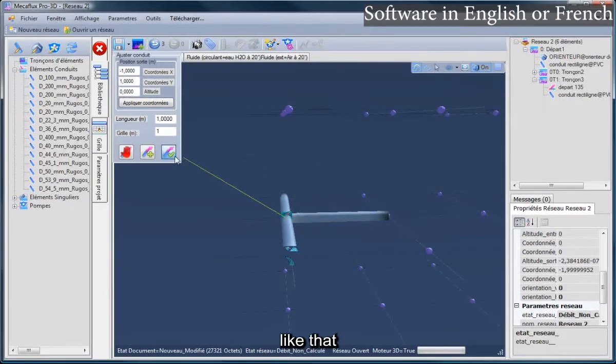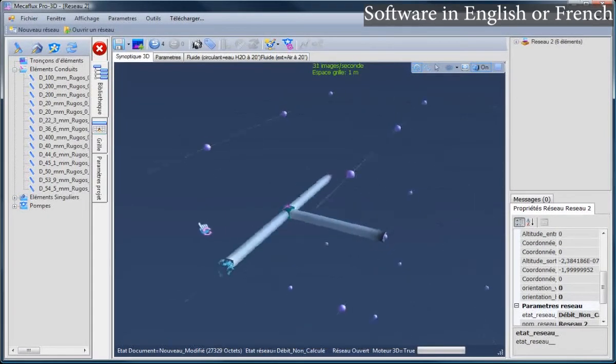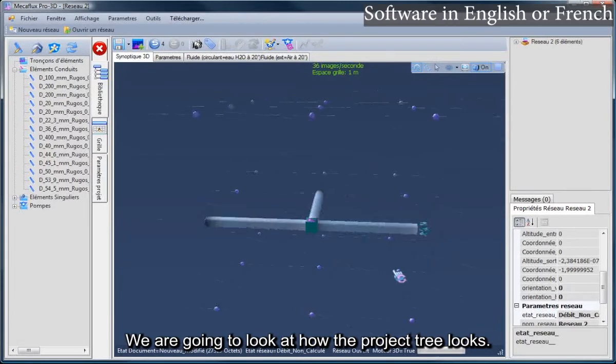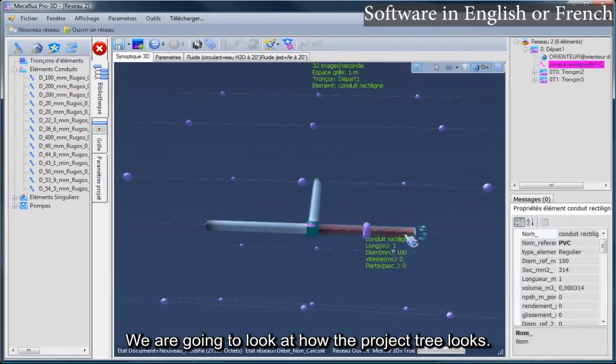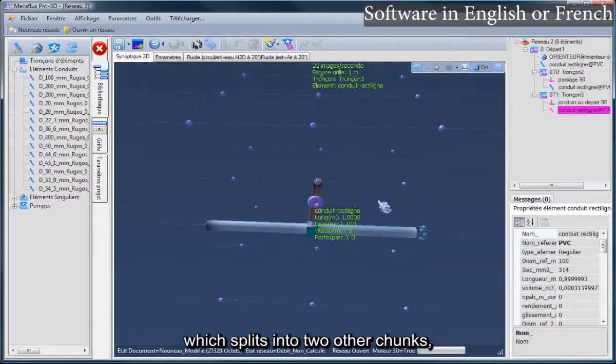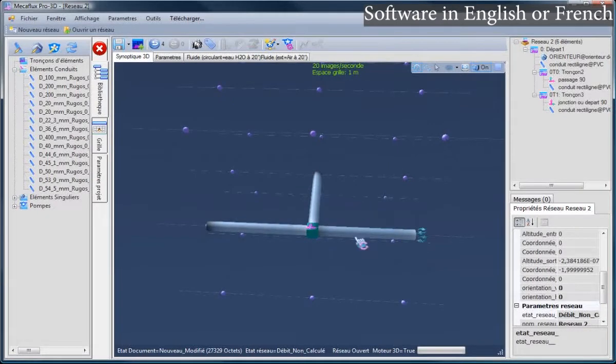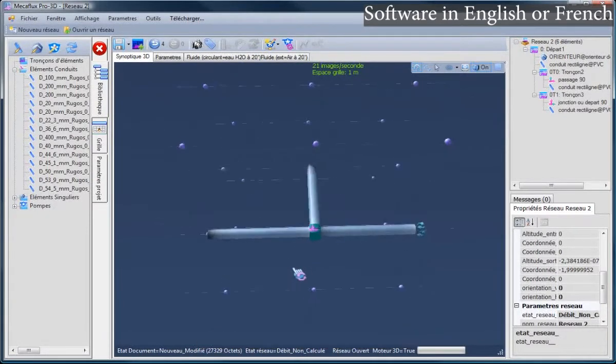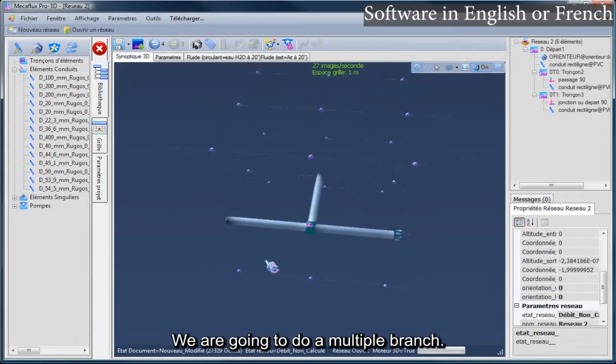Like that we have a first bifurcation. We are going to look at how the project tree looks. So we have our first chunk, which splits into two other chunks, which represent the branches.